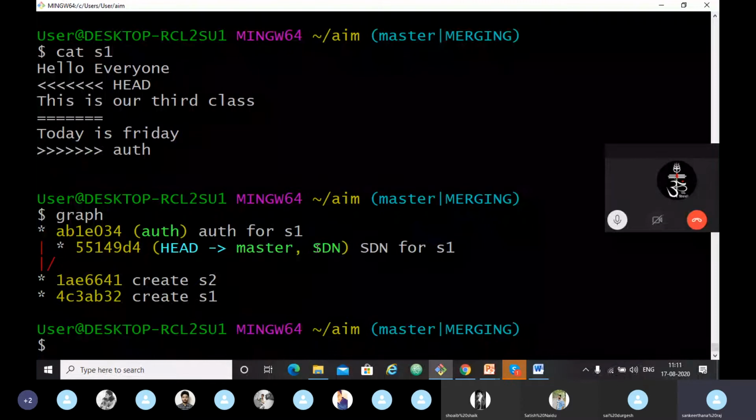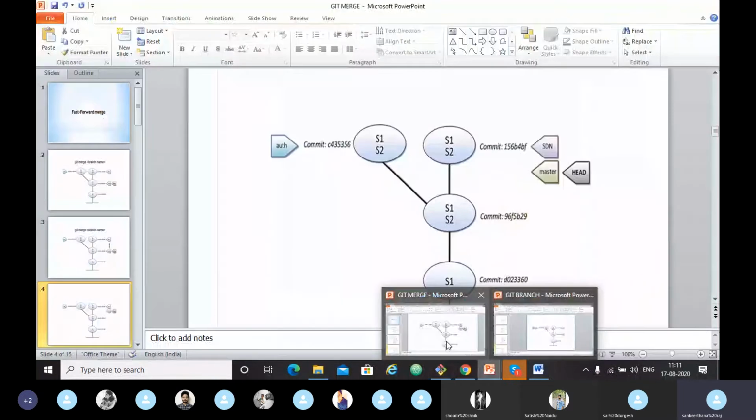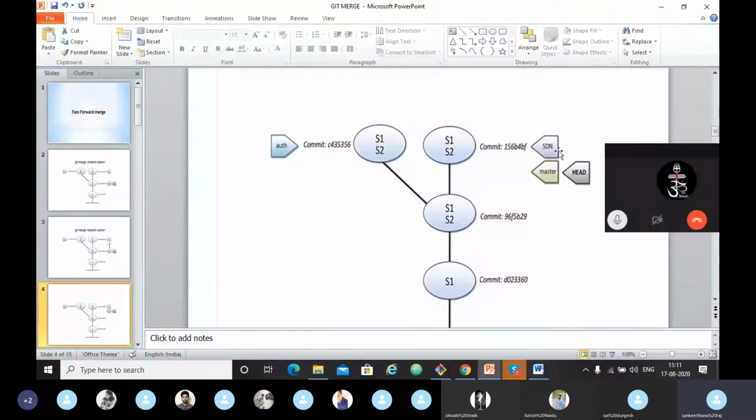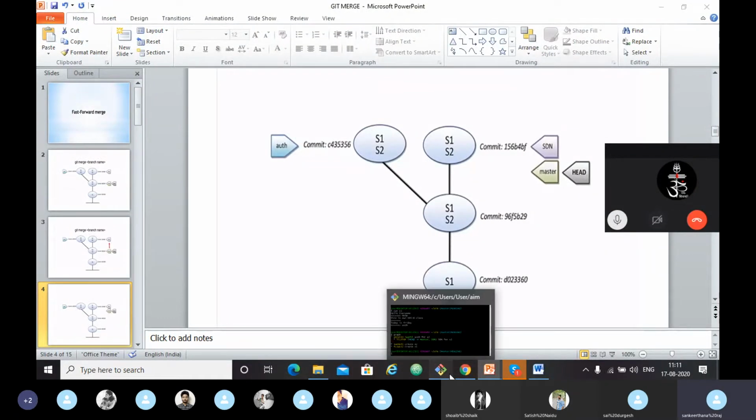We are here at this commit where SDN branch is. So master is pointing to it. The master branch and the SDN branch are at the same place. That means we have merged it completely. So Git has moved the pointer to the same commit where SDN is.